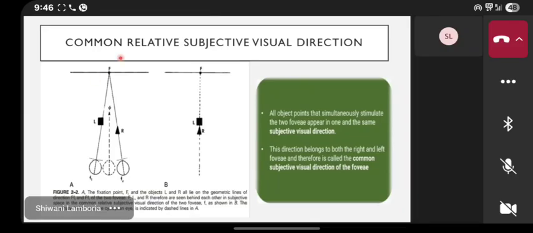So, this is the fixation point, and for both the eyes, these are its individual lines of localization. When all the object points simultaneously stimulate the two foveae, they appear in one and the same relative visual direction. So this direction belongs to both the right and the left fovea, as if there is a central cyclopean